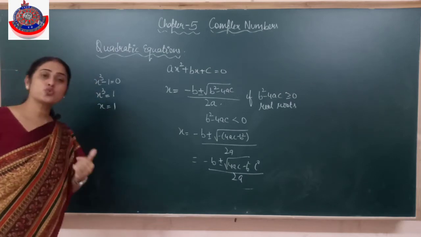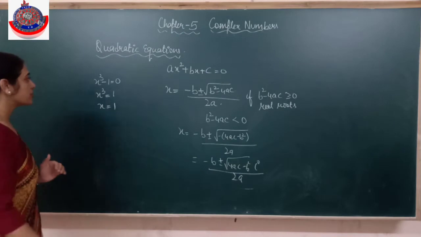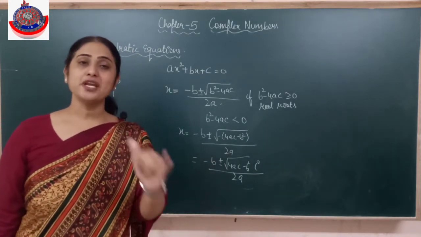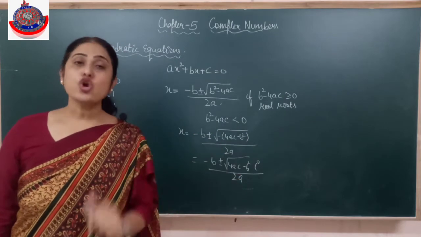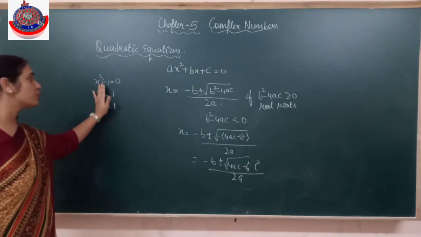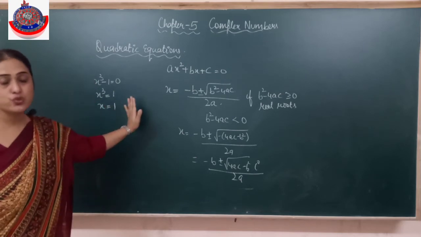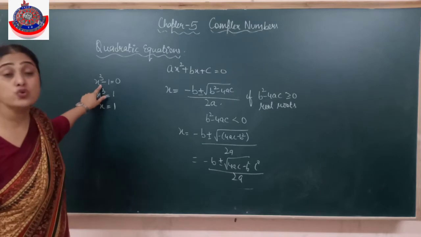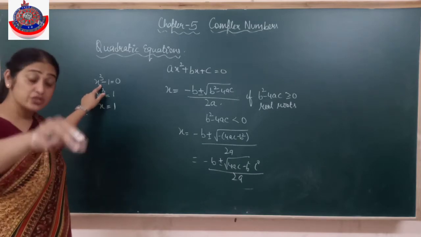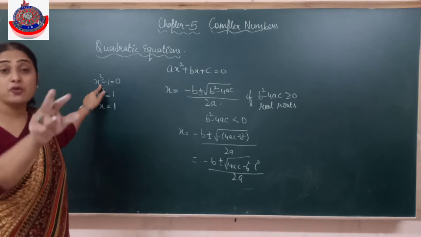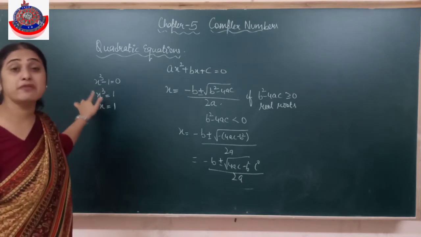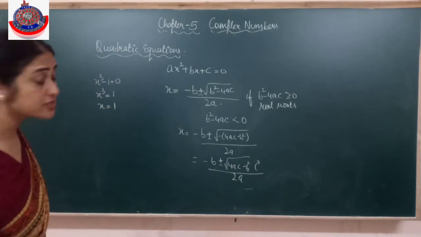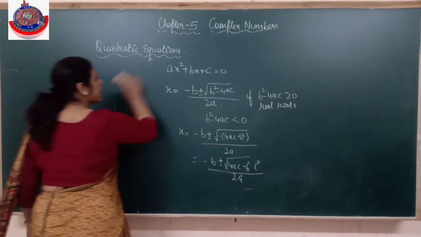So we found x is equal to 1 and left it. Why did we leave it? There is a reason. The remaining 2 roots are complex roots. And when we dealt with the real numbers, we were not doing those complex roots. So we were just finding x cube minus 1 is equal to 0, x cube is equal to 1, x is equal to 1, because x is equal to 1 is one of the real roots. Definitely all 3 roots should exist, but the remaining 2 are complex roots, that's why we were not solving it. But now in this topic, we will be solving all such equations where the complex roots also exist.